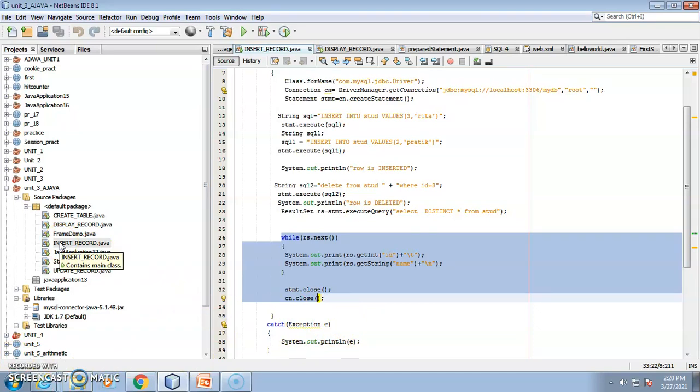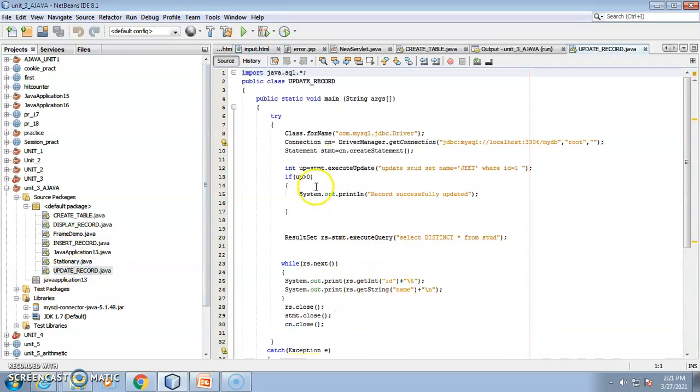This is practical number 12. And you can update the data by simply setting the data. Here you can update the data. An important thing that I forgot to tell you: you have to import java.sql.* before doing anything, because you are using basic SQL operations inside your Java application. This facility is provided to you by JDBC. So here you can update the data.